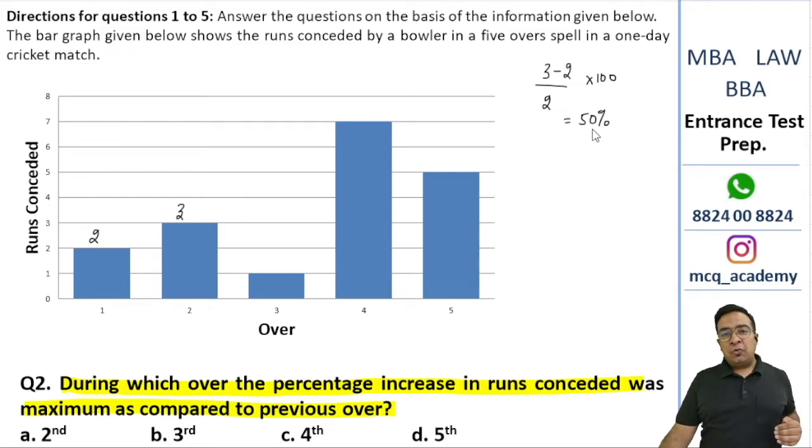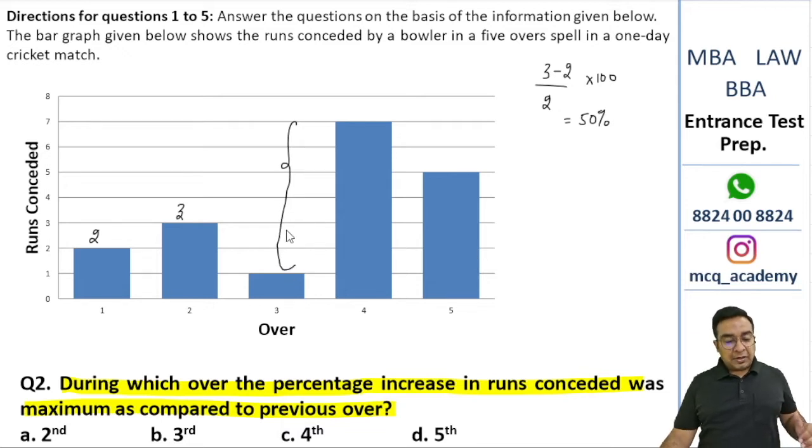Now अगर हम लोग यहाँ पे individually calculate करने के लिए जाएंगे तो that would become quite time consuming. हम लोग यहाँ पे visually इस चीज को identify कर सकते हैं कि in which over was the percentage change in the number of runs the maximum. Clearly हमें यहाँ पे दिखाई दे रहा है this change was maximum when we moved from over 3 to over